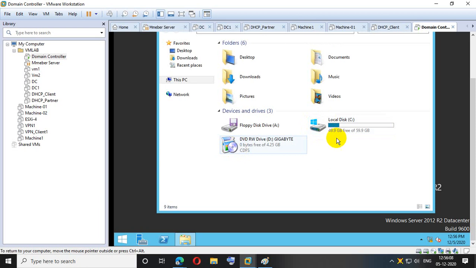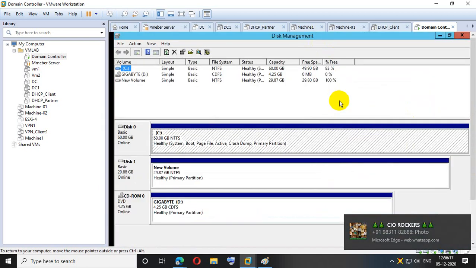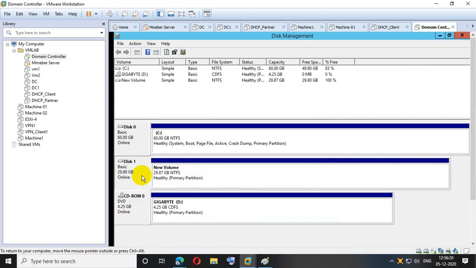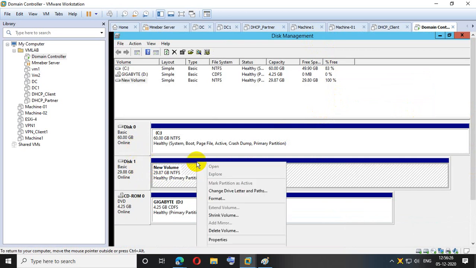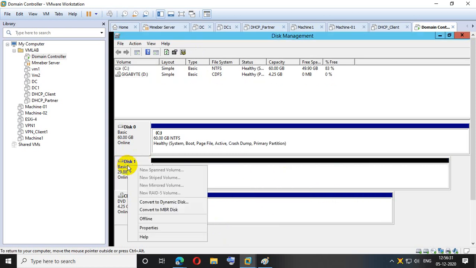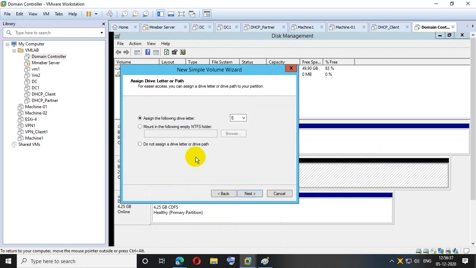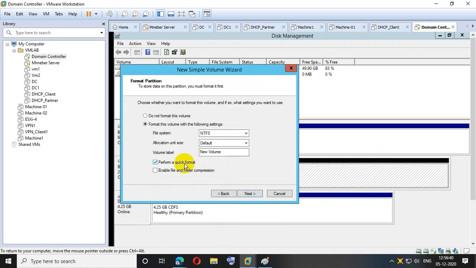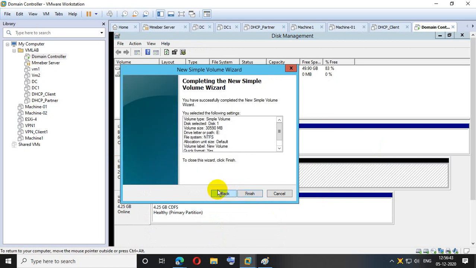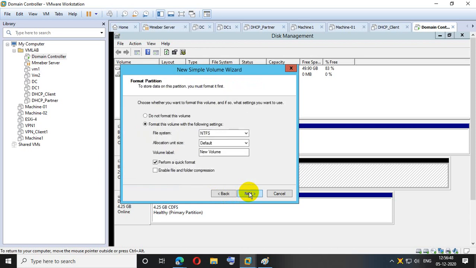Perfect. Oh, it has still not come. Why? Shrink volume is not enough.